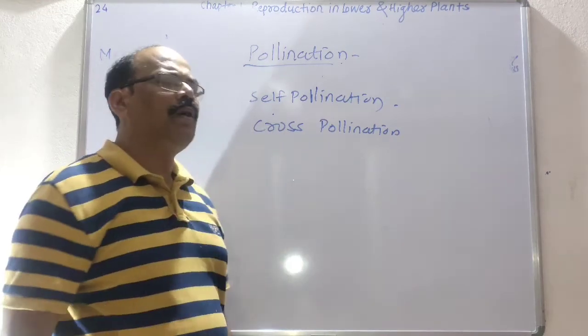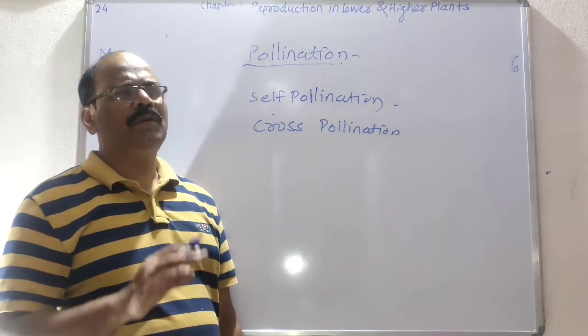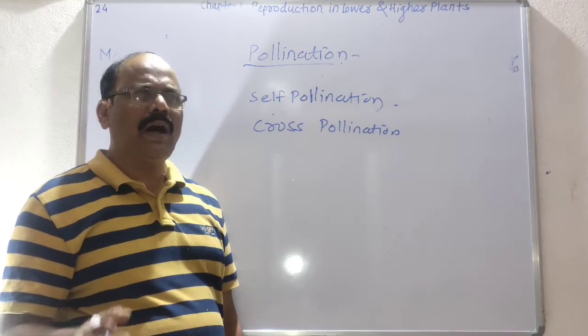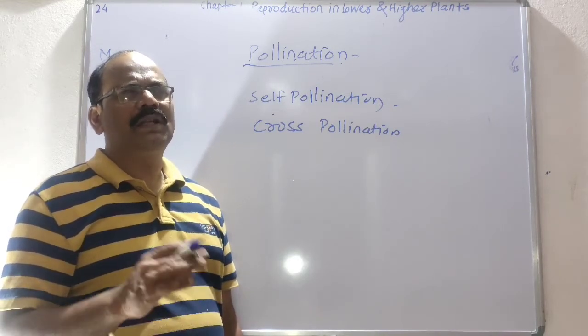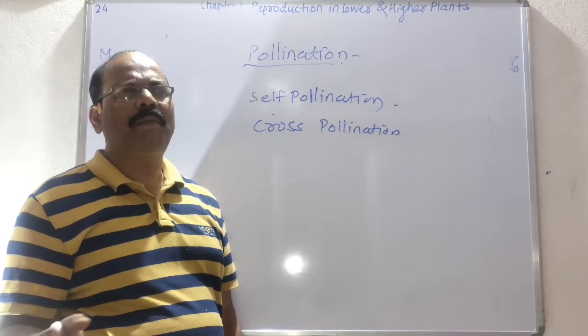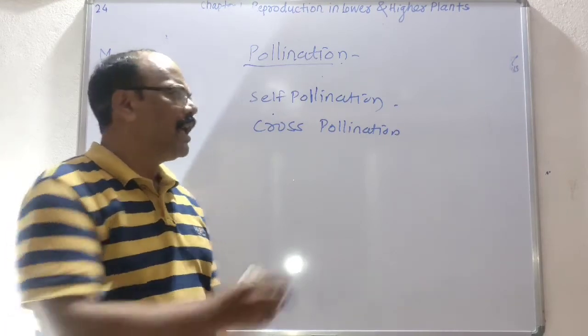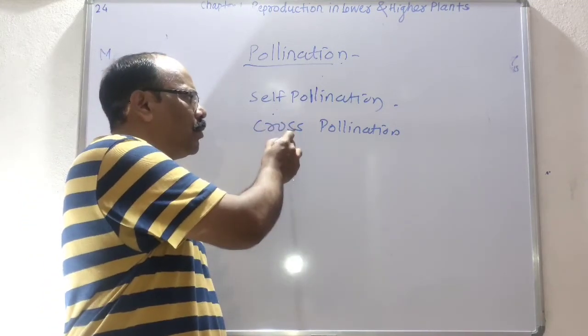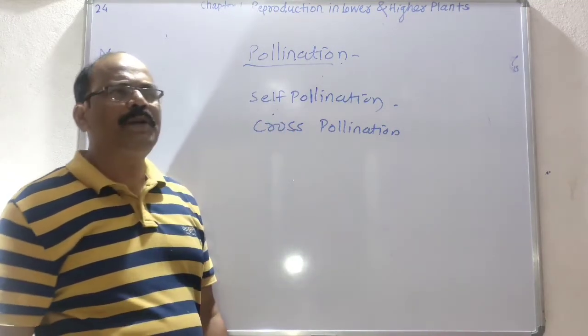And cross-pollination means what? It is the process in which transfer of the pollen grain from anther to the stigma of another flower produced on the same plant or different plant belonging to the same species, that is called as the cross-pollination. ज्याला मराठीमध्ये आपण स्वपरागीभवन म्हणू किंवा क्रॉस पॉलिनेशन म्हणजे परपरागीभवन.